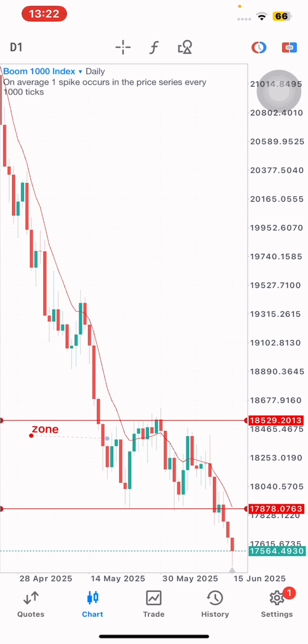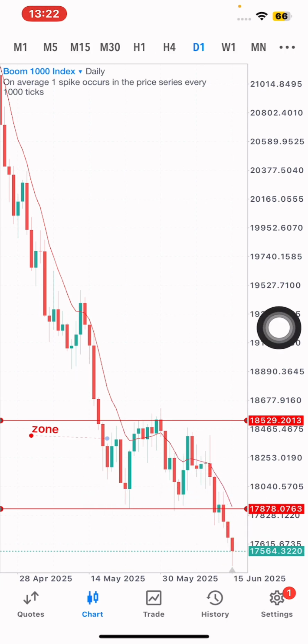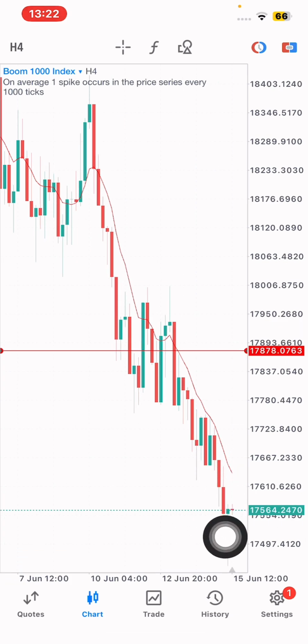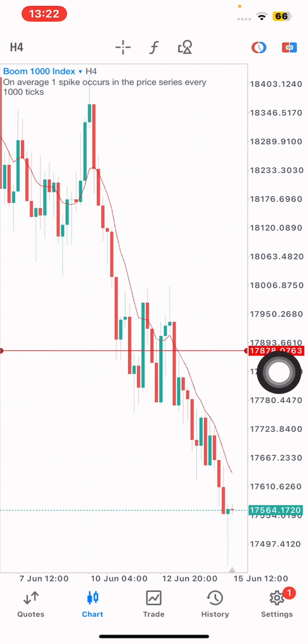So for Boom 1000, as I repeat to you, you only need to look for a sell opportunity right now. I'm looking for price to come back into this range, tap into it, and let me have any form of price action confirmation. You see, look at it, the market is rejecting here. So if price comes back into this range and gives me any form of rejection and bearish price action confirmations, my brother, I'm going to take my trade downwards, because I know that is where the major direction of the trend is, and that is what I will be able to get from this market.